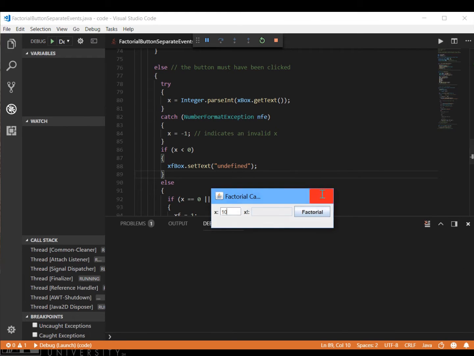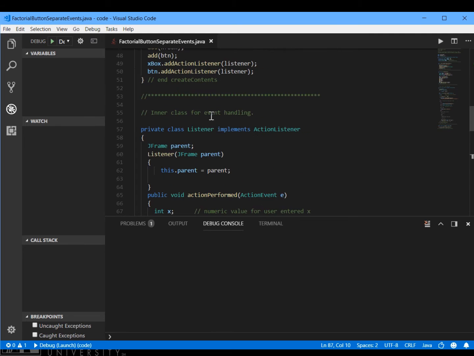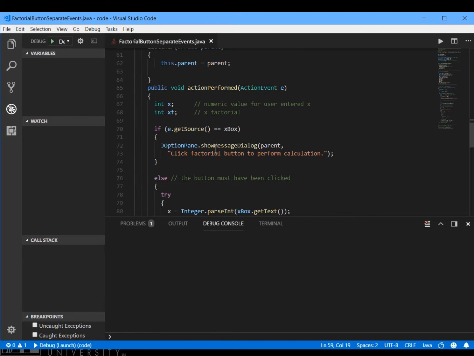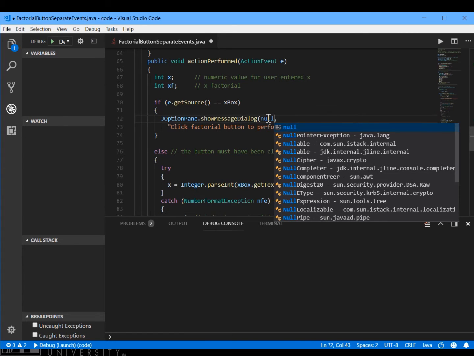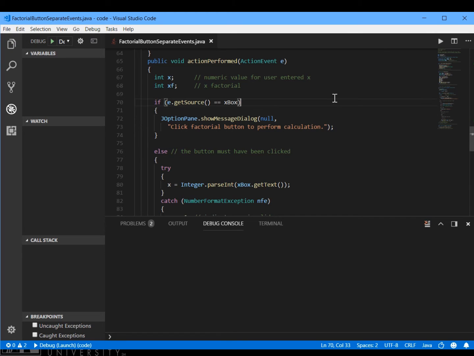If we get rid of that parent object, so let's take out this constructor, okay? Actually, we don't even have to take it out. What we'll just do is change this from parent to say null. Okay, that says, you know what? We're not going to specify a frame for you to show in, so we want you to show up just wherever. If we run this program now,